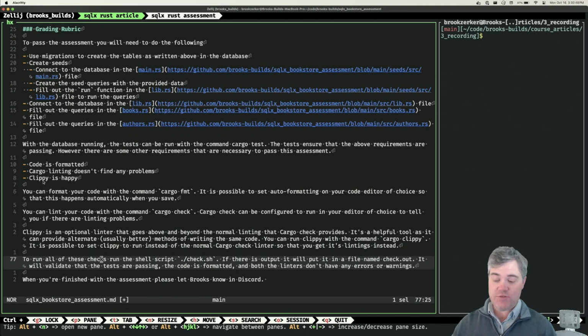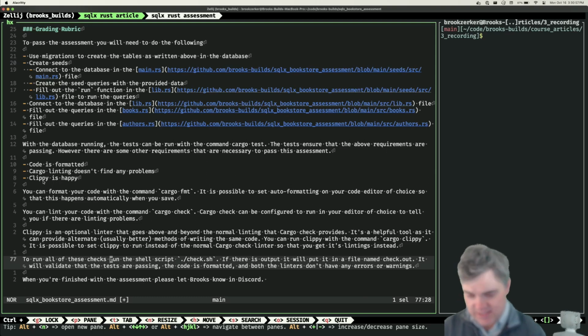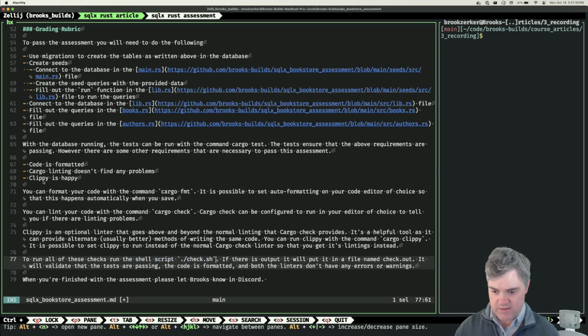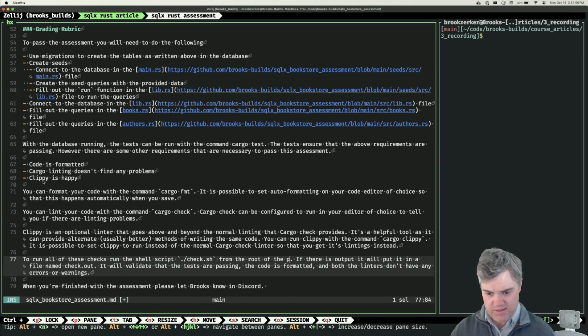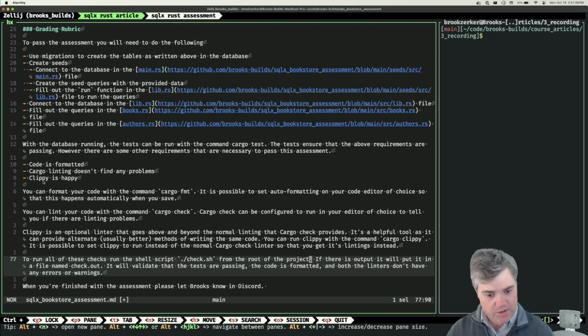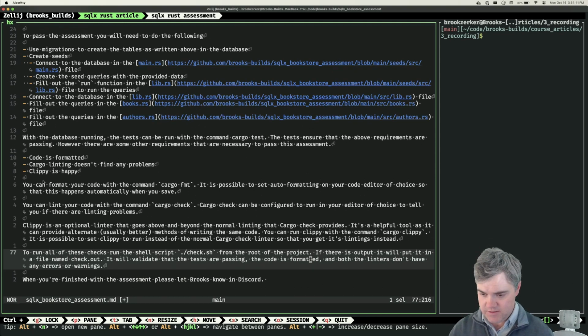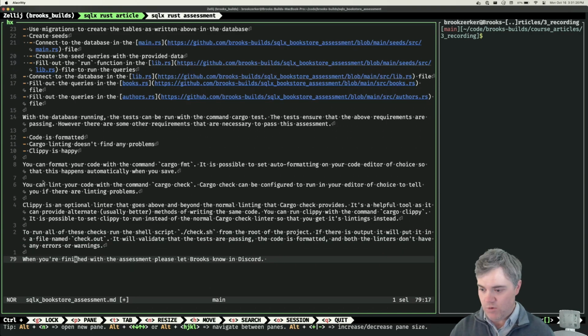To run all these checks, run the shell script check.sh from the root of the project. If there is output, it will put it in a file named check.out. It will validate that the tests are passing, the code is formatted, and both the linters don't have any errors or warnings. When you're finished with the assessment, please let Brooks know in Discord. All right, so